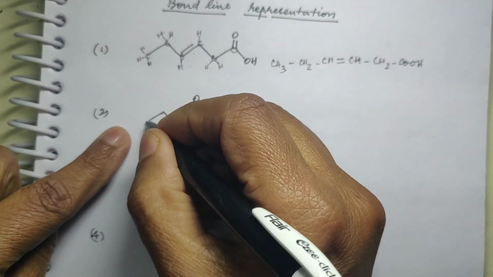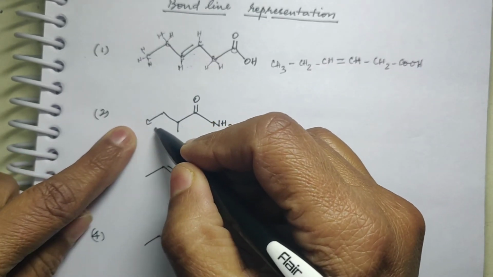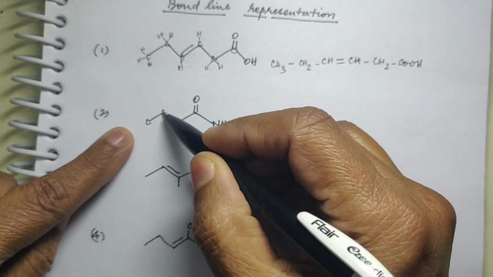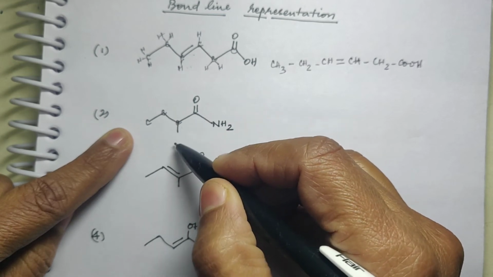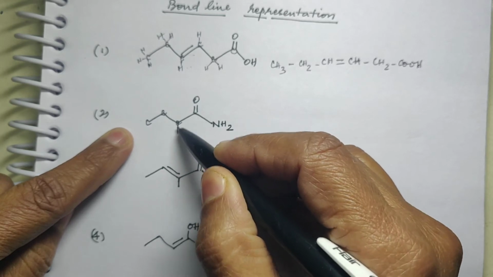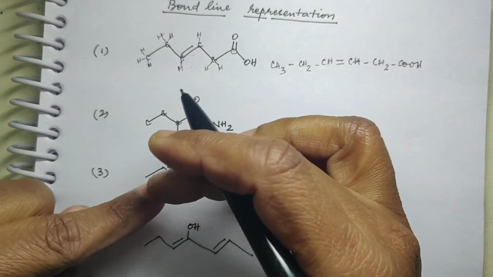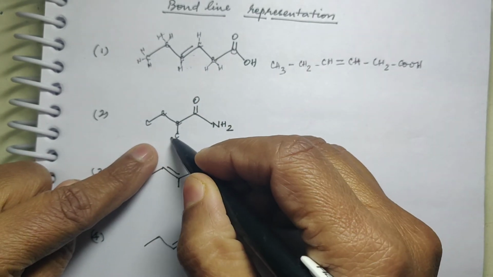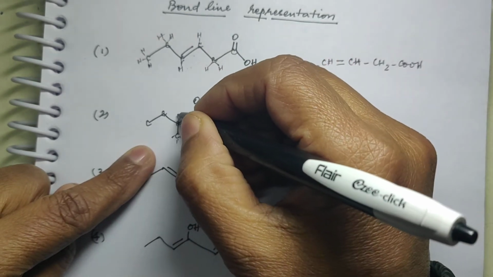Then again here, where there is only one single bond, it is automatically understood it is CH3 there. Then this is having 2, so obviously this is CH2. Then here 3 are there, and whenever I put one line just like this, what does it mean? This is having another carbon. Okay, whenever I leave a line hanging around, then that is attached to a carbon, and that carbon will be associated with 3 other hydrogens. This will be having one hydrogen.